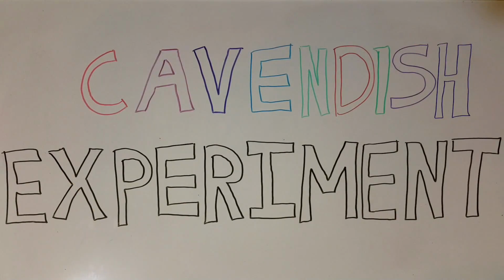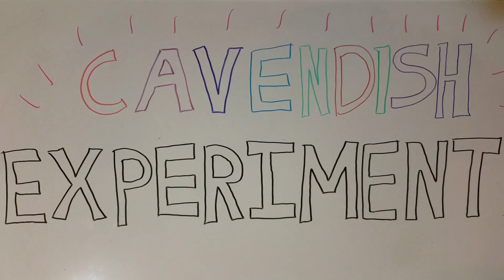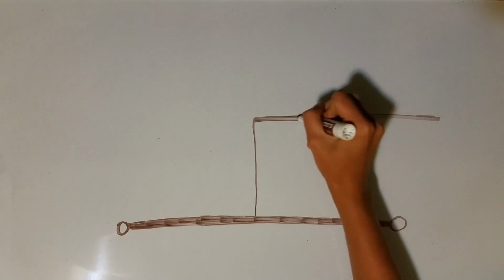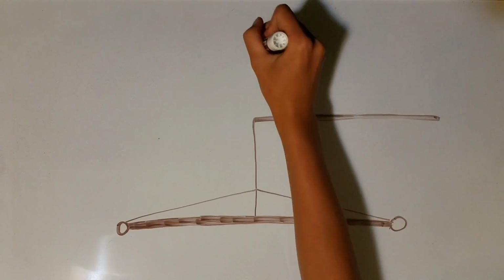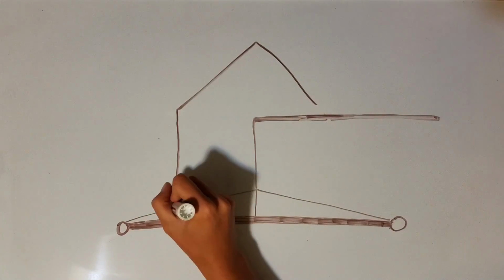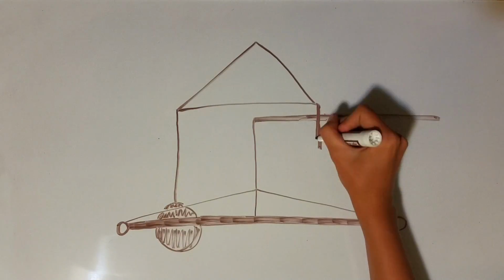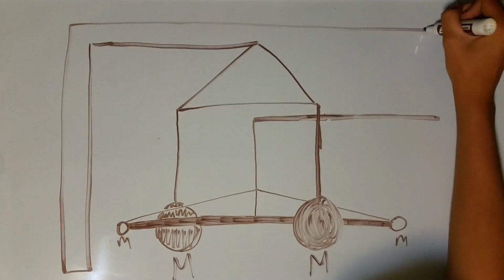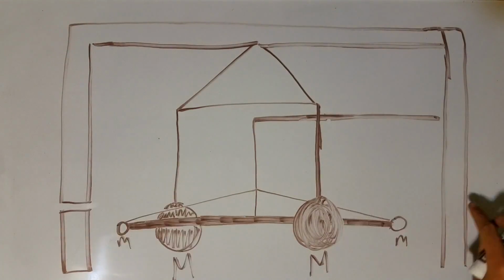He made use of a balance developed by the geologist John Mitchell to measure the force of attraction between two sets of balls. Here is how it worked. Cavendish had two 1.6-pound lead balls attached to either end of a wooden rod suspended from a wire. He also had two 348-pound balls fixed equal distances from the wire. He even covered his experiment in a thick wooden box with two holes for observation to prevent interference from air